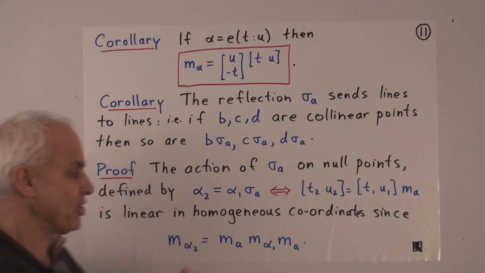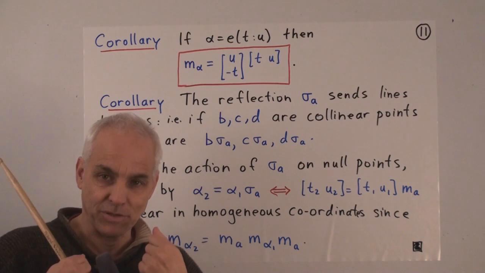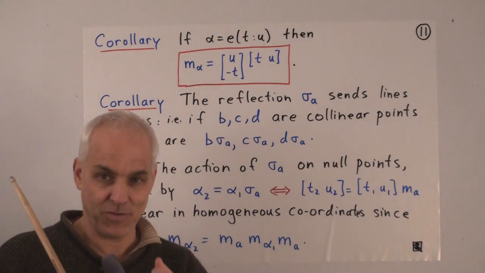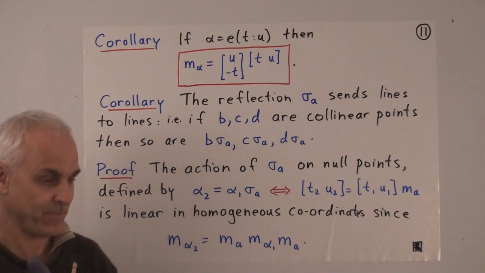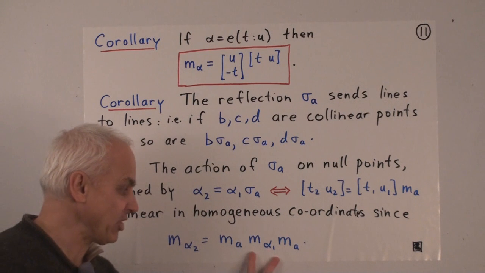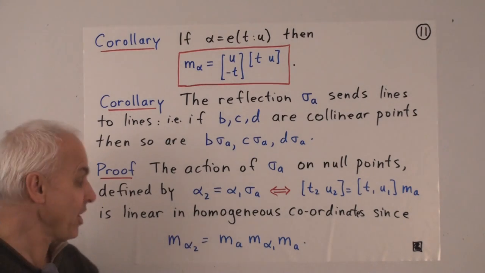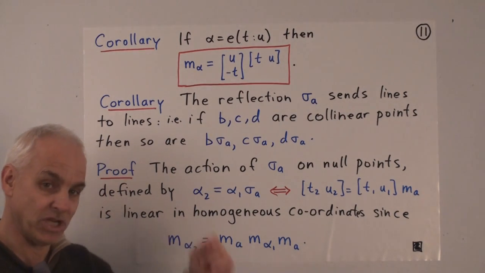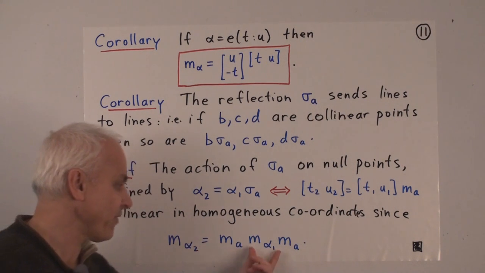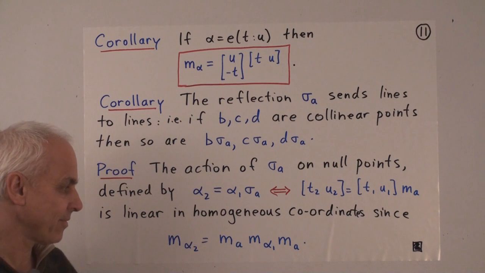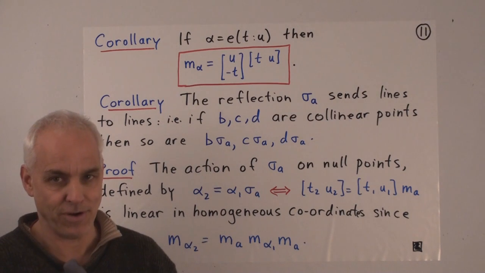If you think about what this does, not in terms of the projective coordinates, but rather in terms of the linear coordinates or the homogeneous coordinates of the null points, then it's this equation that we've just derived which is the crucial one. Because this is telling us how to go from the matrix of alpha 1, which is built up from the homogeneous coordinates of alpha 1, to the matrix for alpha 2, which has the homogeneous coordinates of alpha 2 in it. And these are all linear expressions of those homogeneous coordinates. And this is a linear operation on those linear coordinates.